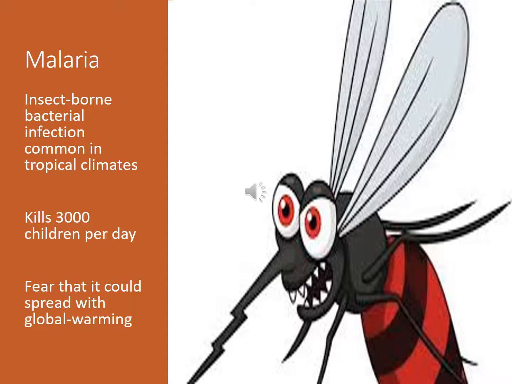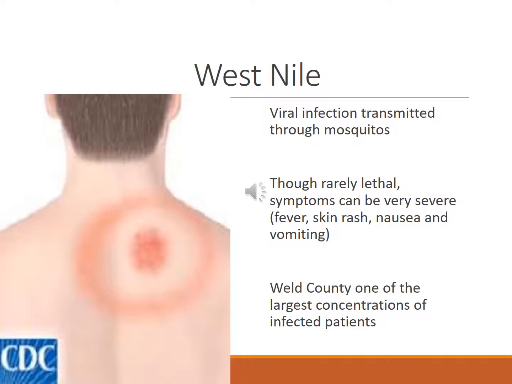And there's a genuine concern that with global warming, these mosquitoes that spread malaria can now live in places they couldn't live before because the climate is warmer in certain areas and can accommodate these mosquitoes, including parts of the United States where malaria has more or less been eradicated. There's a fear that it could come back and cause a problem again.